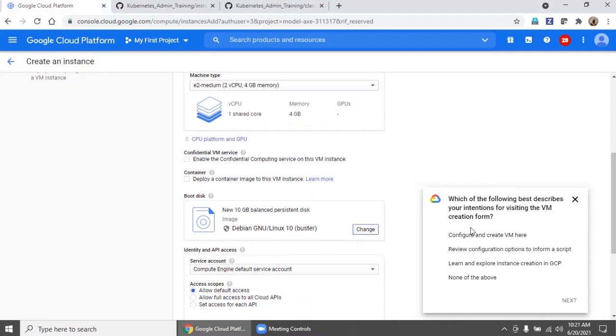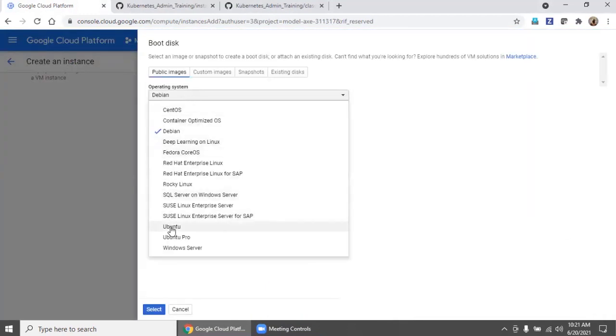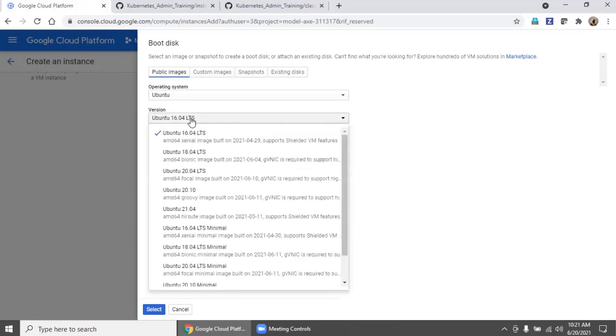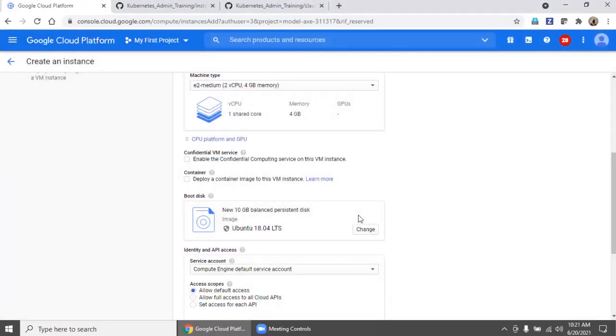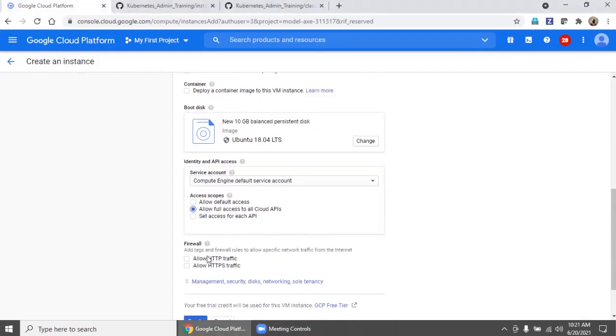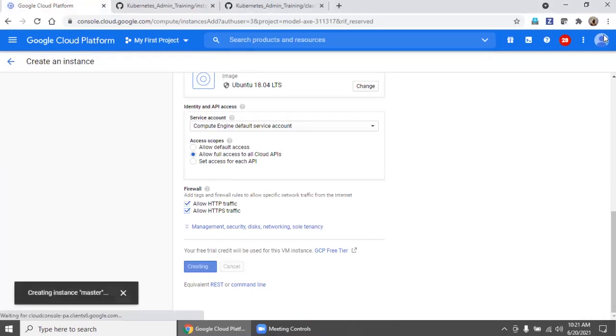Come down, and I'm going to change my OS. What I need is Ubuntu 18.04 LTS. So select, then allow HTTPS, and say create. In a similar way, you need to create another machine, node 1, and another machine, node 2.